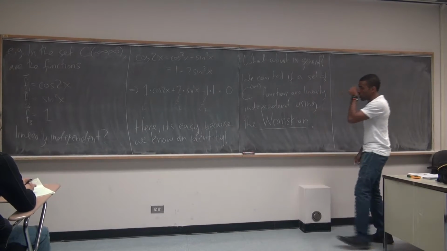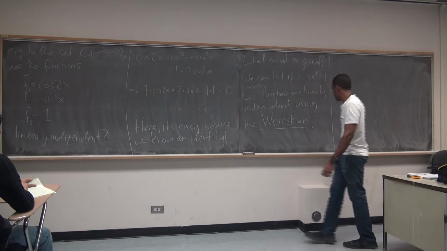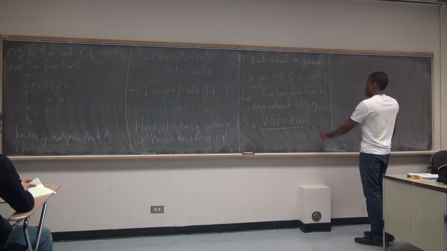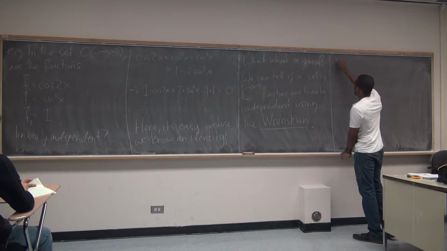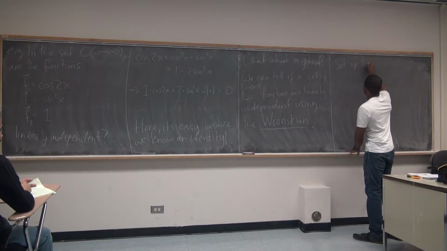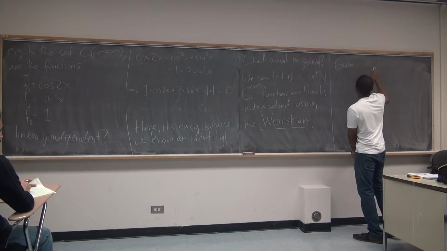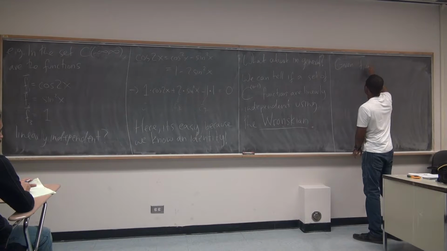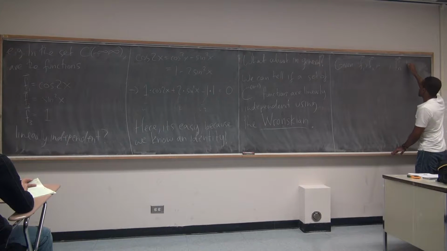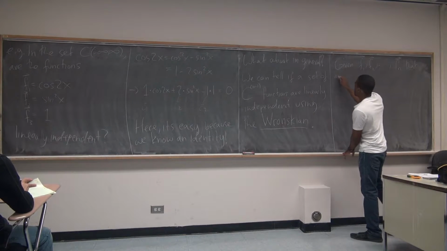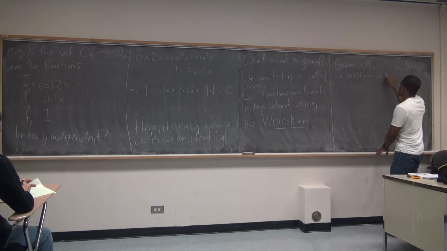It was a way to tell when functions were linearly independent, because in 391, finding linearly independent solutions to a differential equation was pretty important. The Wronskian was often a tool that you used to be able to tell if they were linearly independent, right? So given n functions that are n minus 1 times differentiable,